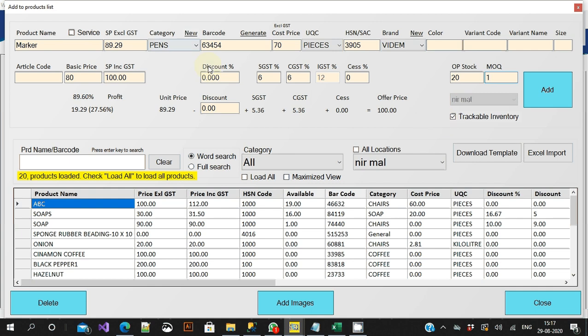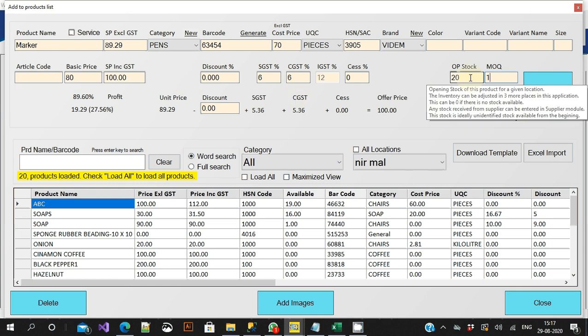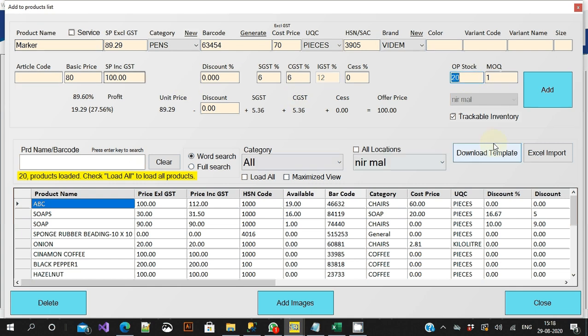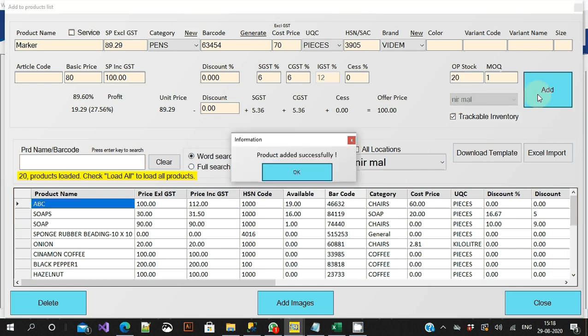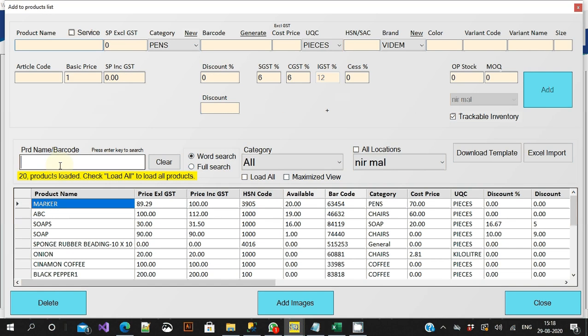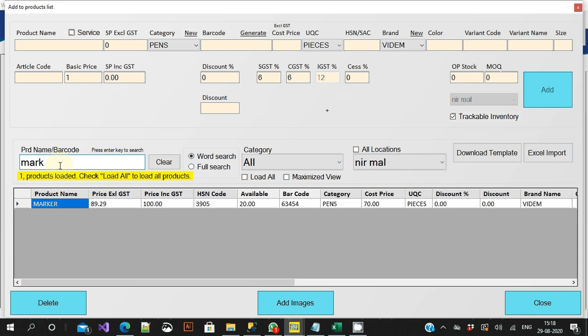Assume this is primarily for defining the product. We are least bothered about the stock. So we have defined the product, and I'm going to add it through the form. My product called marker is added, and I also added some opening stock in Nirmal. Now I see that it is a marker. I just type mark and I see marker.